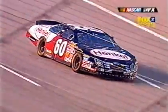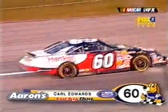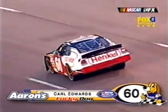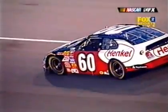Good sign. There's our Aaron's lucky dog right there, Carl Edwards. Now he was 24 laps down. Now he's only 23. Just 23 more to go, buddy. Well, the way we've been going, if we have that many more caution flags, Carl might be able to get all his laps back. We did want to add, we got word that they are going to helicopter Jeff Fuller